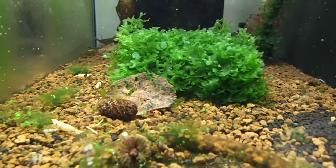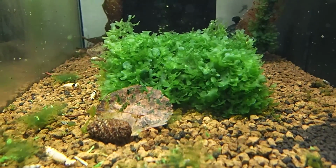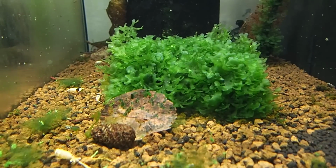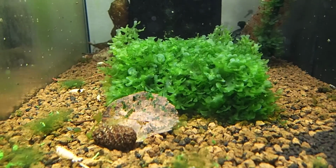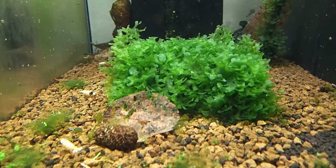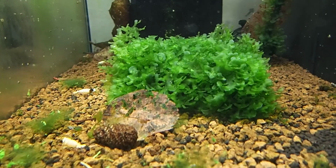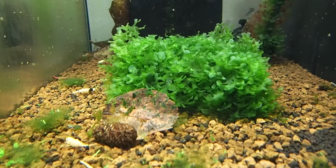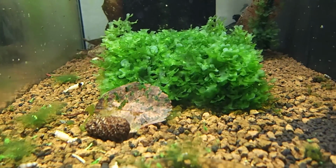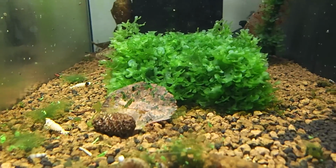just as I say I don't see any babies, I actually see a baby. I'm no way sure. Right, if you imagine the very, very dead centre of the screen, there's a baby right in the middle. It's about as close as I can get to telling you where it is. It's on the sub-water tank. And so she must have had her babies in here, because I can see one at least. So that is good. But there were more. I think there was 3 of them in here that had